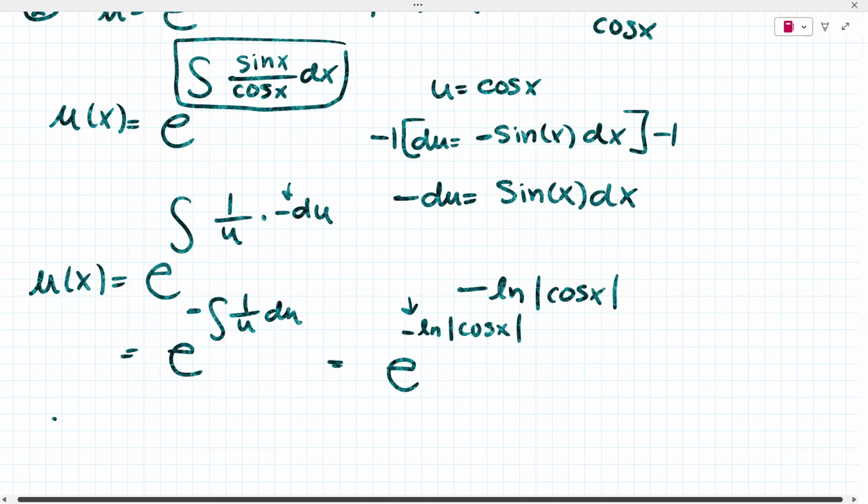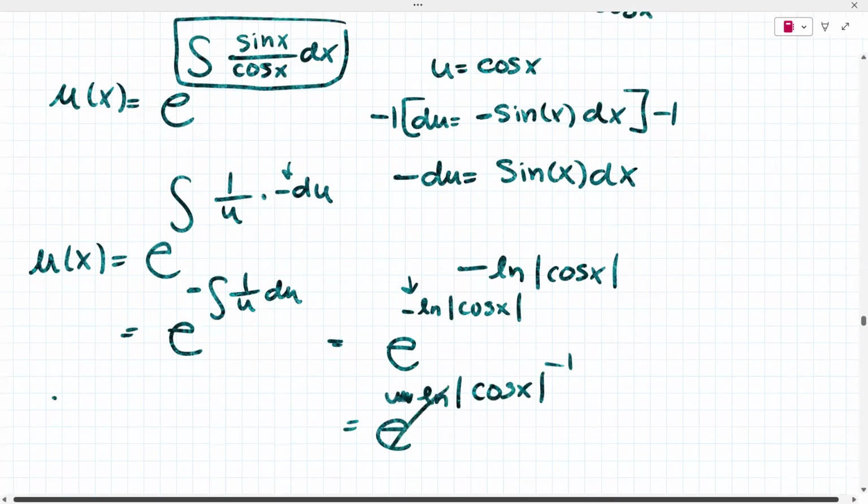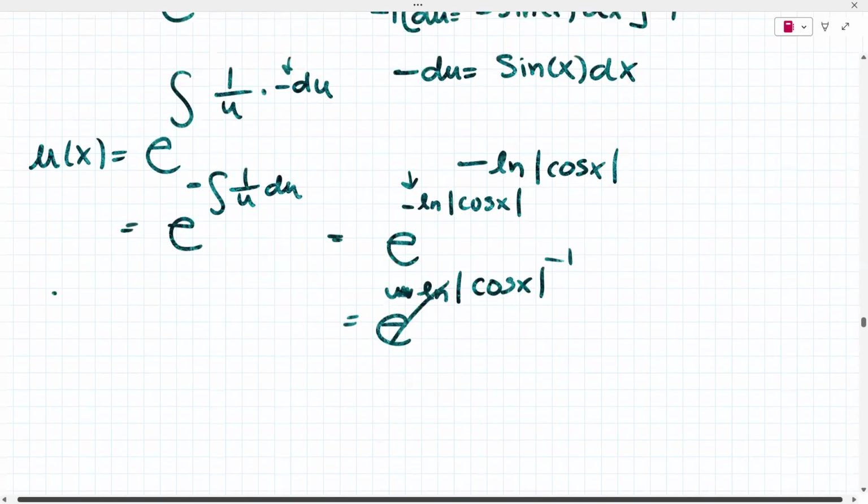So it's going to be e to the ln of the absolute value of cosine x, oops, I mean, put this -1 in front, so it'd be to the power of -1. Now what you can do is get rid of the e and the ln. So that cancels out as,